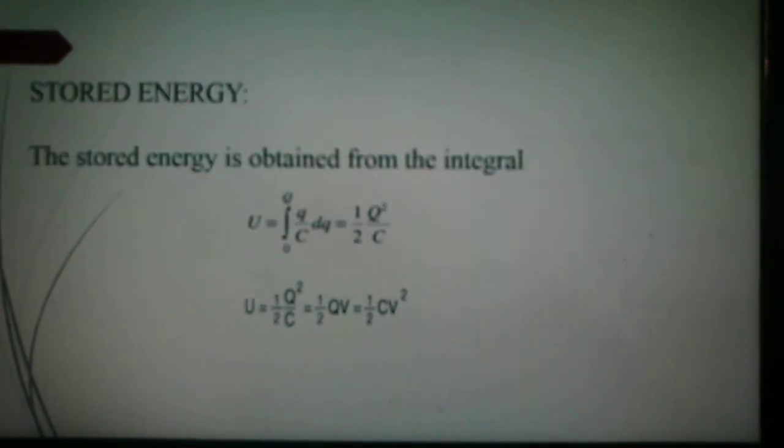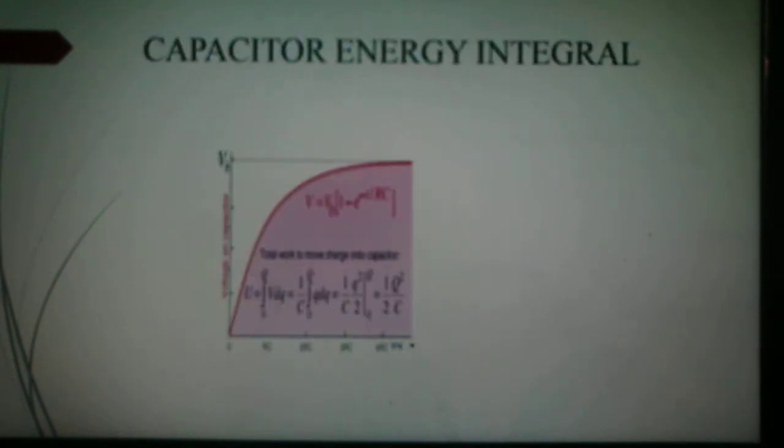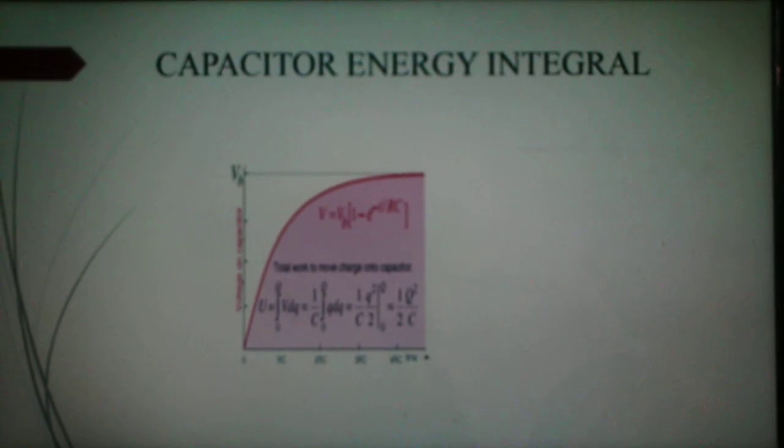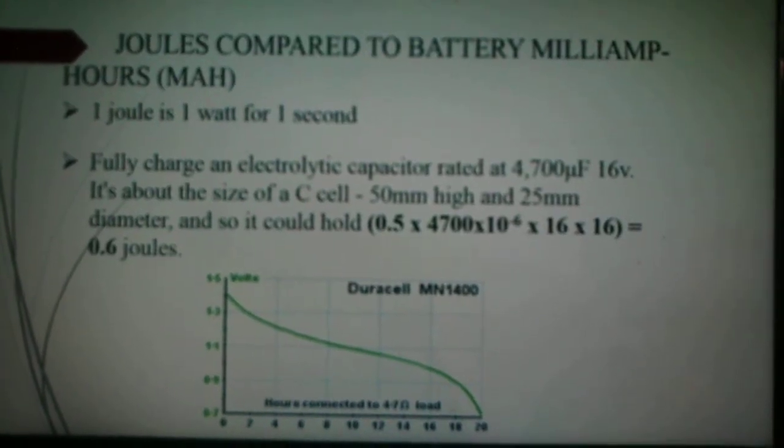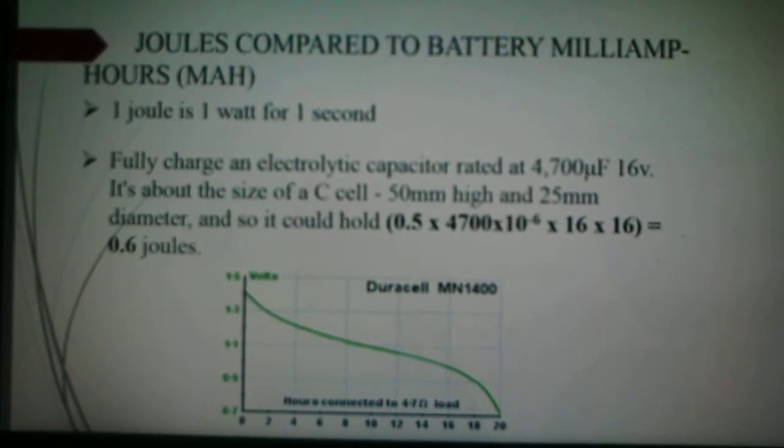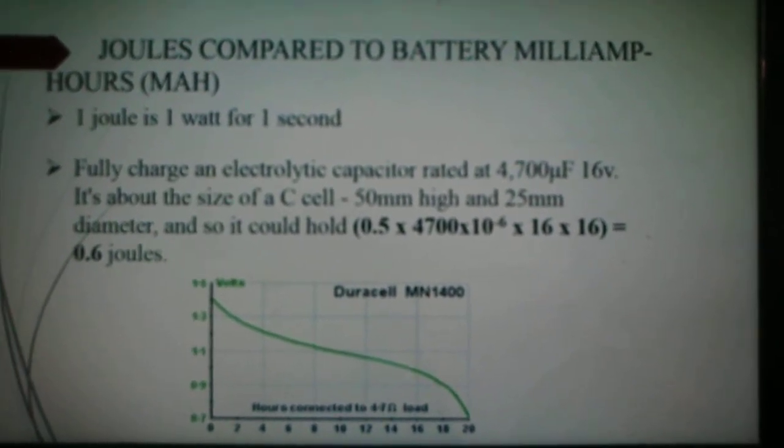Next, stored energy can be obtained by integrating the previous equation, Q by C. Then we get these two equations. The graph shows the capacitor energy integral level, drawn between time and voltage. Then next is joules compared to battery milliamp hours. Here 1 joule is 1 watt for 1 second, and the graph shows joules compared with the